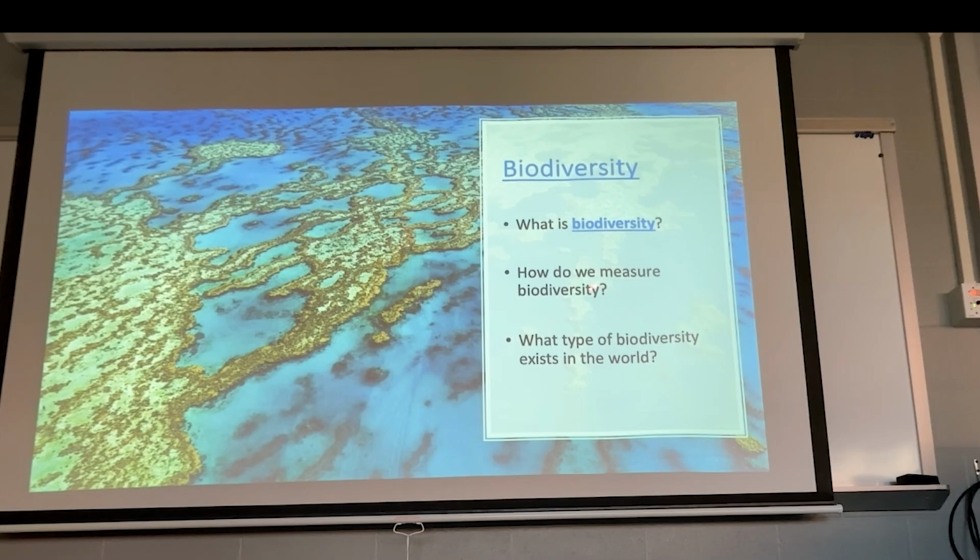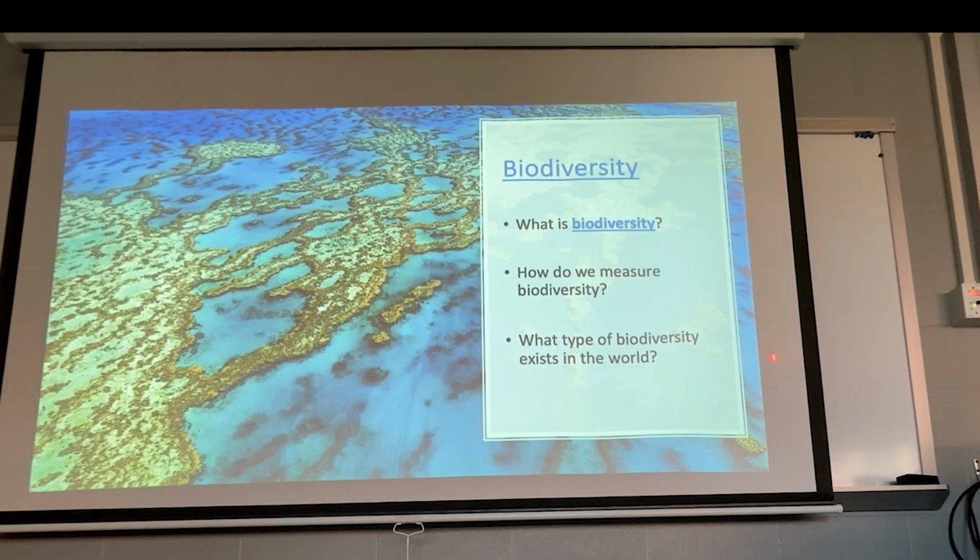We can measure it in many different ways. You can simply count numbers: there are 30 species in this garden, there are 250 species in this garden, or forest, or mountain range, or on this continent. We could also do abundance, how many of each particular species we have, and then compare species richness and abundance. We can also look at how evenly the numbers are distributed across the different species in a community. There's a whole bunch of ways to measure this, and I'm just going to give you a few. You'll get introduced to this a little more in ecology in our later lectures, and then do some of it in practice when you take ecology with Dr. Sweets.